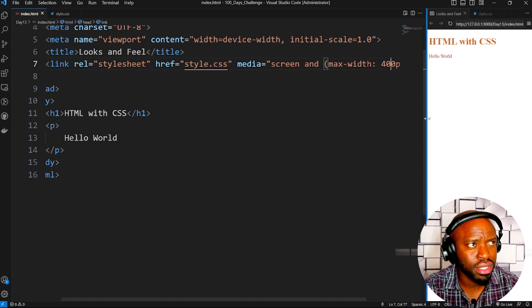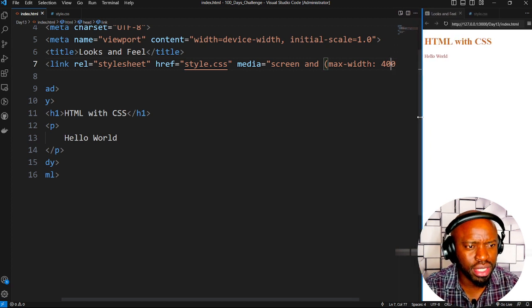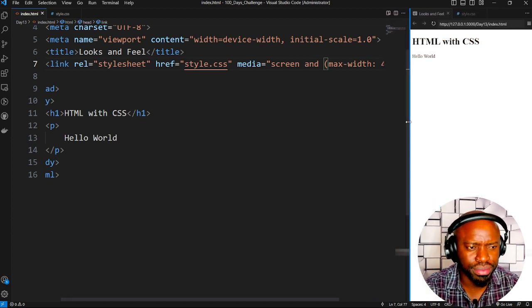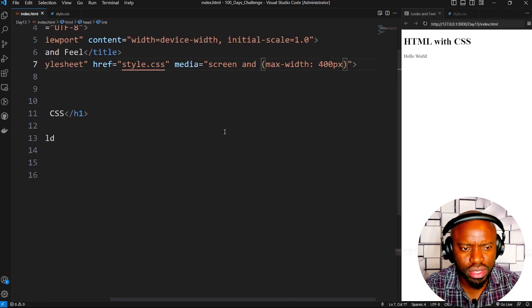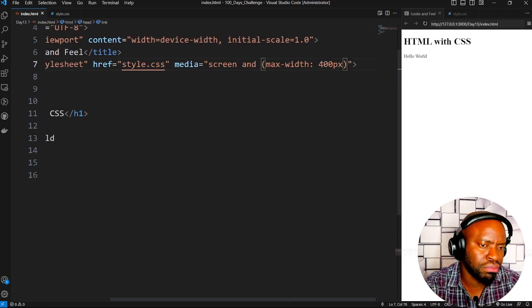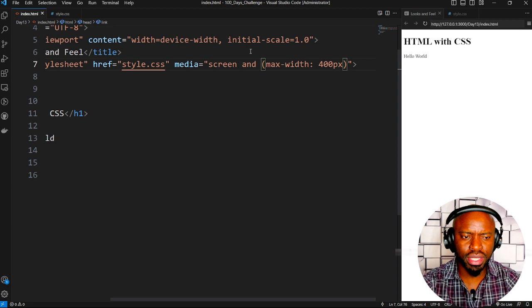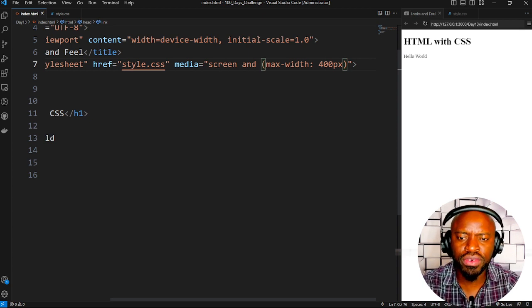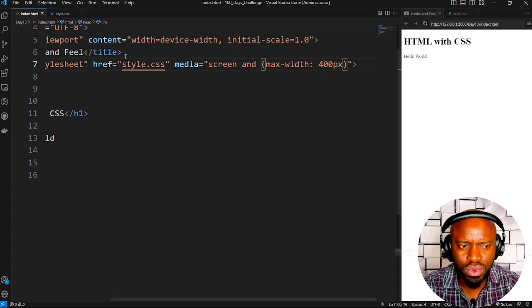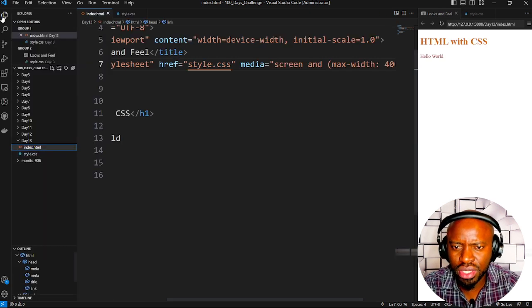You can see on the screen the style stops. So I can also say I am targeting that. That's number one: I can have different styles for different devices. When it's 400, let's go here. That's style one. The style two will be